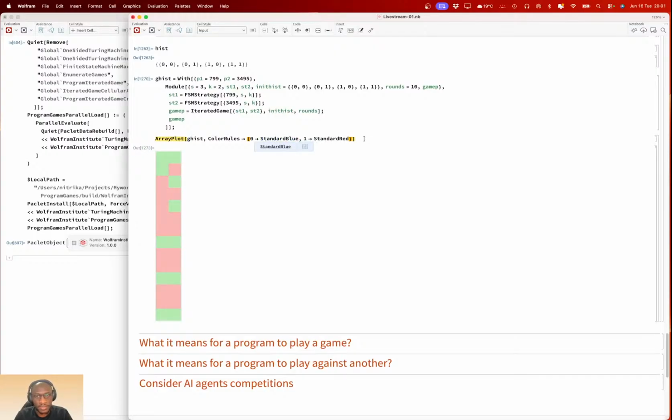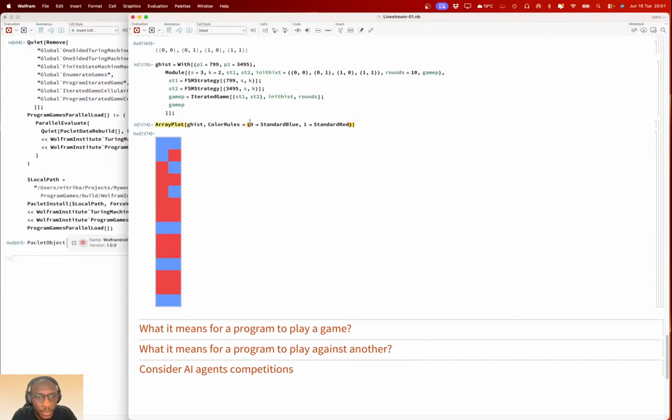I don't know, blue and red looks nice. Anyway, they start with the initial history, which is 1, 2, 3, 4. They start with this, and then the next move depends on the strategy of the game.